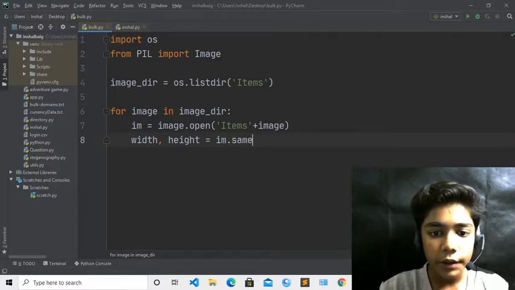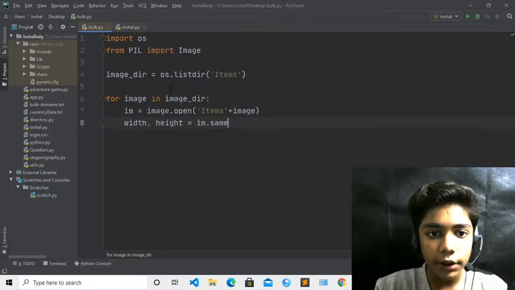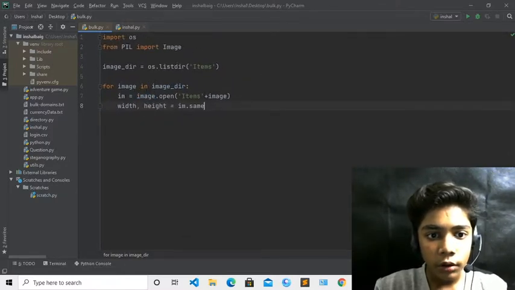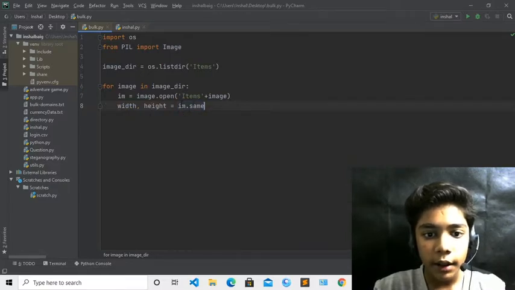Okay, so we have done till over here, and now if I zoom out, we have done our work till over here. I hope you understand till here. We have defined our width and also our height. I have defined my work till IM dot shape over here.